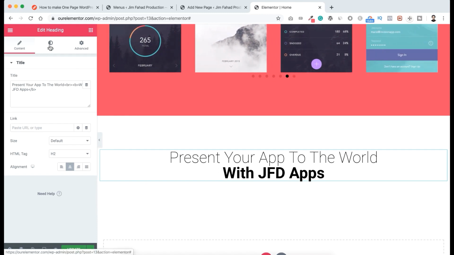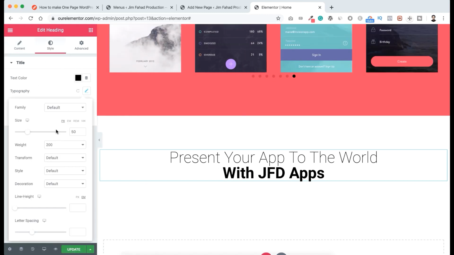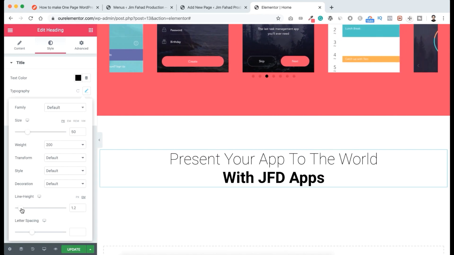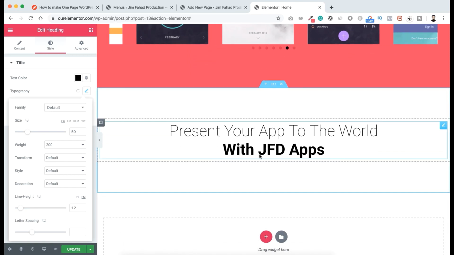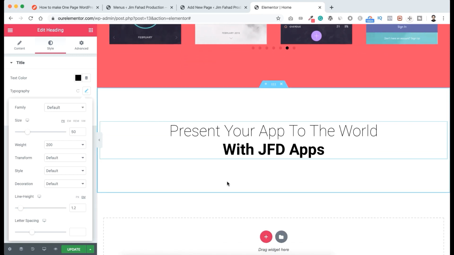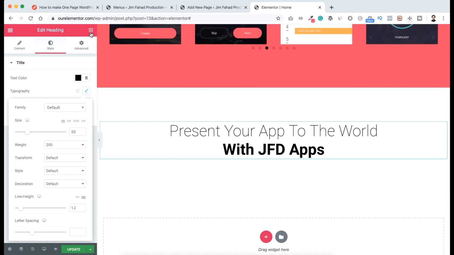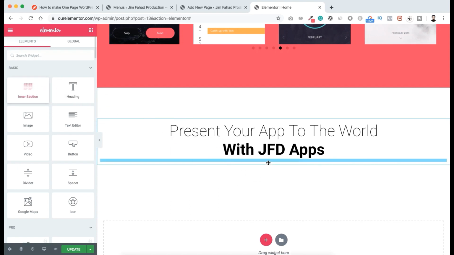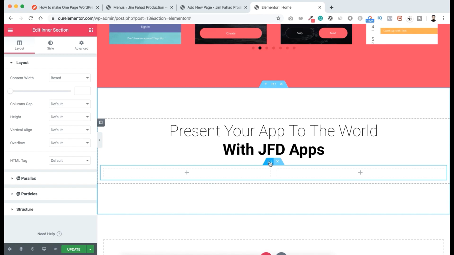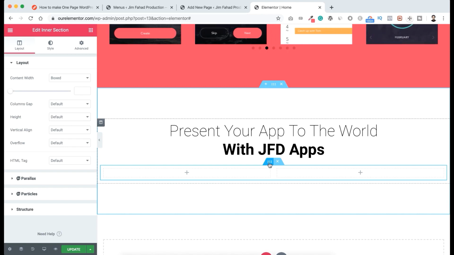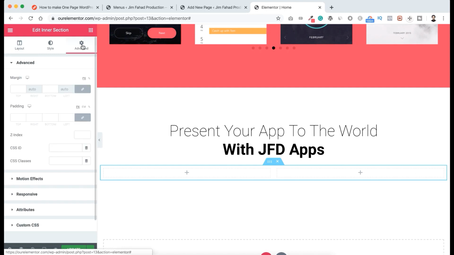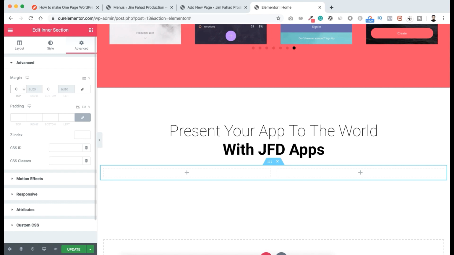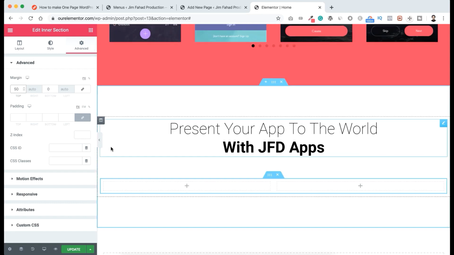So let's go under the style tab, click on typography. Let's increase the line height a bit. It's too much. Let's keep it 1.2 like this. Awesome. Now here underneath this heading, I want to add some icon boxes. So first click on the Rubik's Cube icon, and I want to drag an inner section underneath this heading here. Let's click on this inner section grab icon because I want to add some margin at the top. So let's go under Advanced tab, unbind the margin. I only want to add some margin at the top, maybe 50 pixel like this,